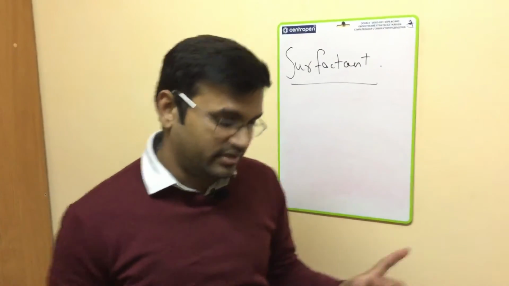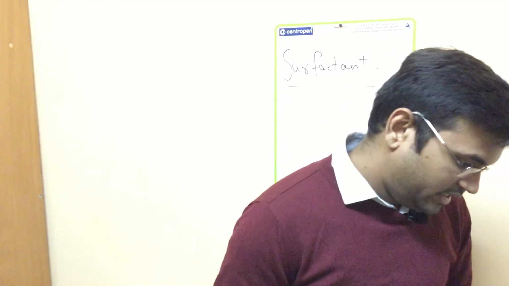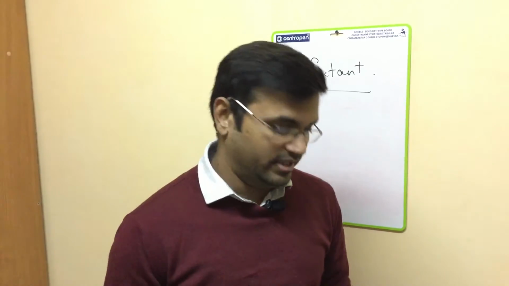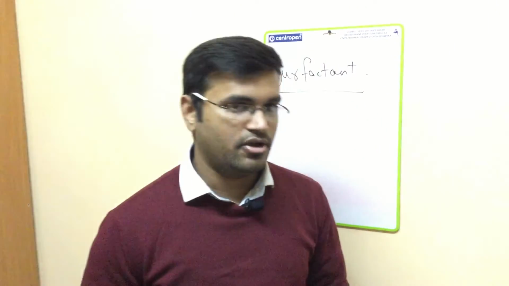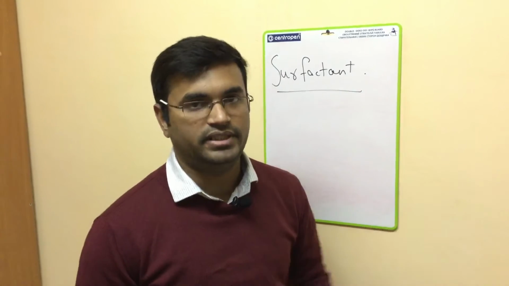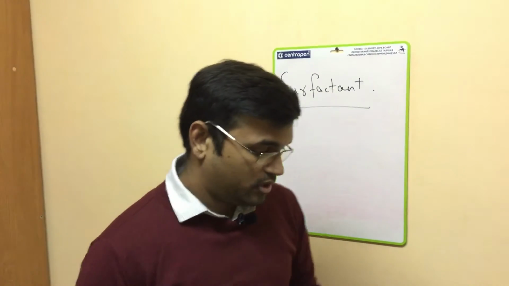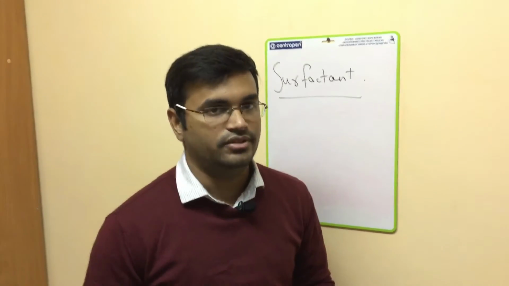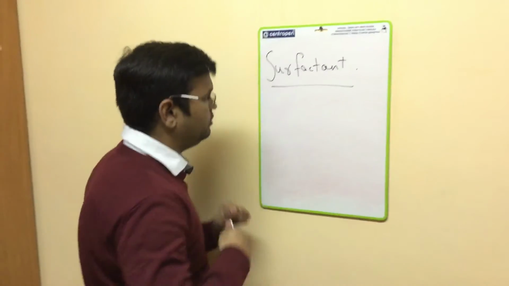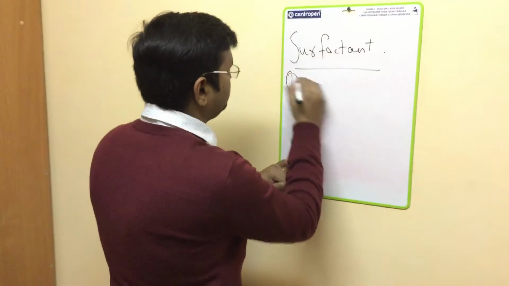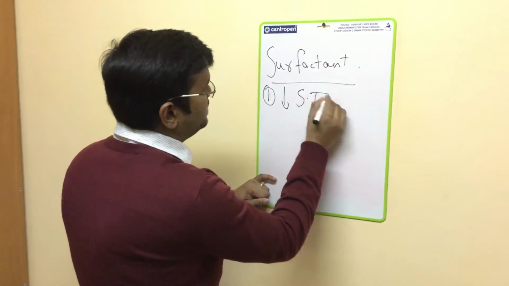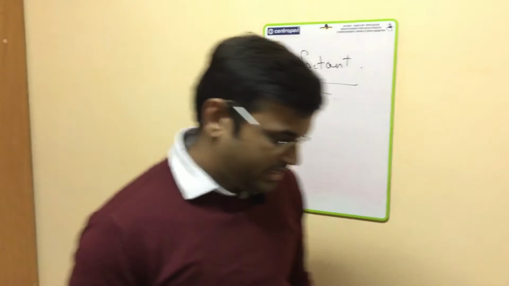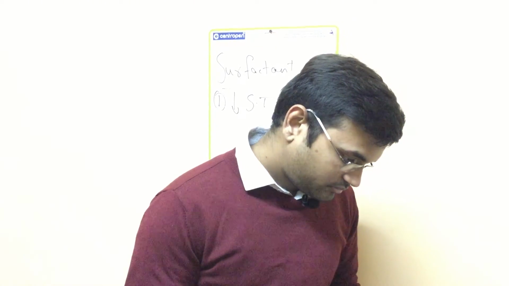So the major surfactant is dipalmitoyl phosphatidylcholine, or another name, dipalmitoyl lecithin. This is the most important surfactant in the lung. What does surfactant do? It does three things. First, it reduces the surface tension in the lung. Second thing it does